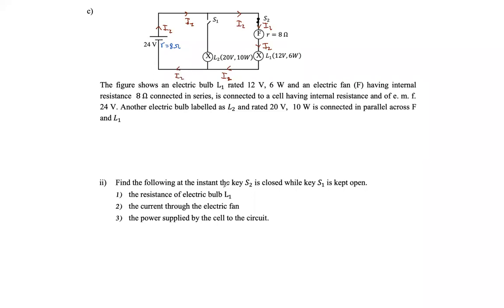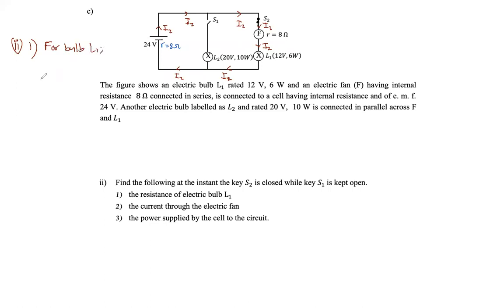The resistance of electric bulb L1. The current through the electric fan. The power supplied by the cell to the circuit. How do I find it? The resistance of the bulb can be found easily. How is that? Roman 2, part 1, for bulb